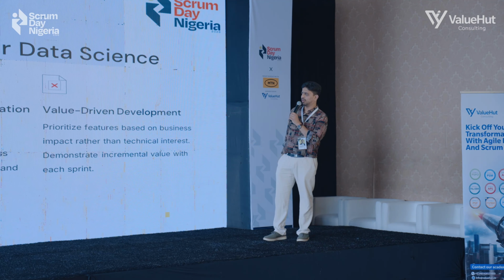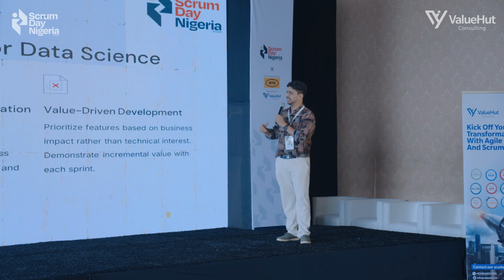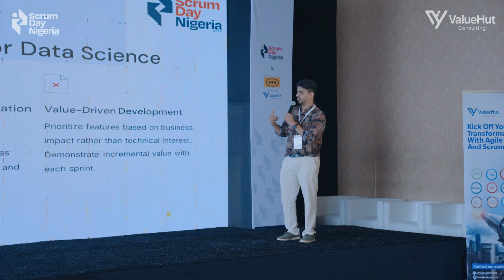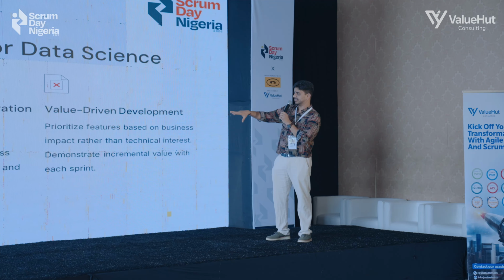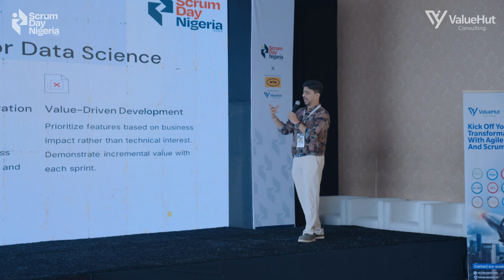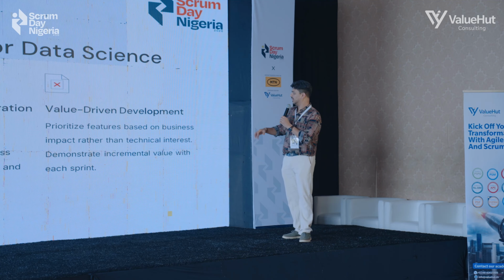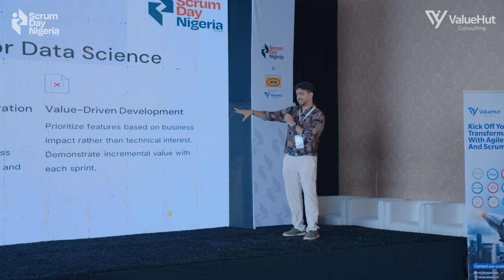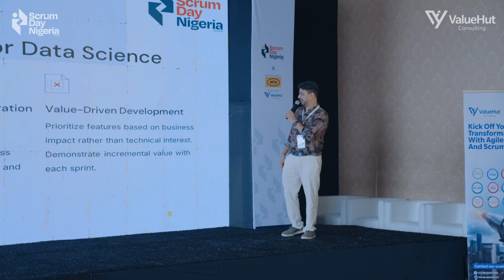So this is some blueprint for data science teams. Replace sequential waterfall with rapid hypothesis testing cycles, right? So basically what it means is try to test your models and data sets every 2 weeks with experimentation goals. Make sure that data scientists, engineers, and business analysts work in collaboration to ensure that they are coming up with the right approach, right product, right model, and make sure that you are prioritizing features based on the impact and the benefit to your stakeholders rather than technical interest.